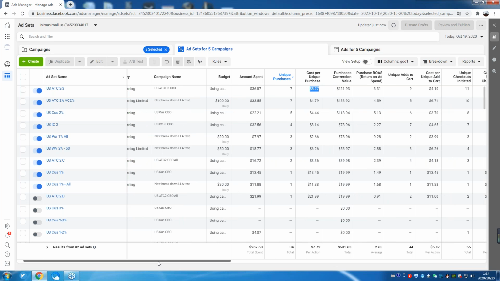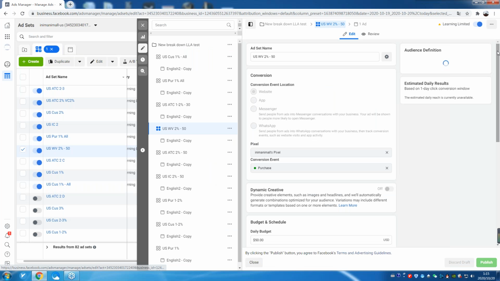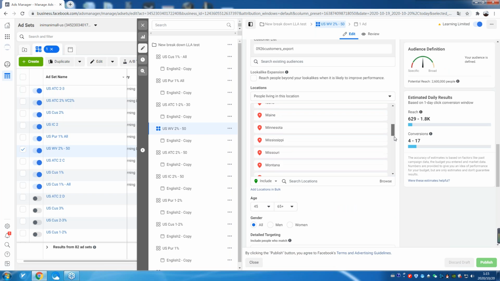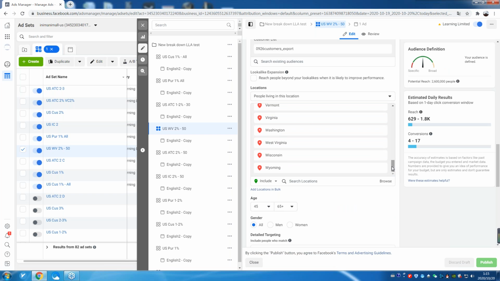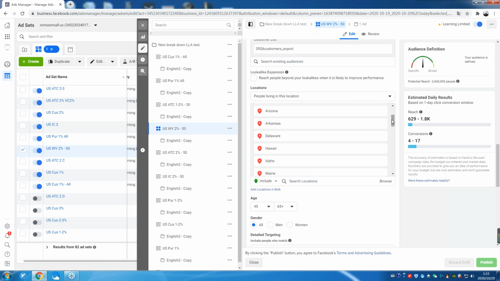So I have tried something different. I have tried to exclude the non-profitable states.